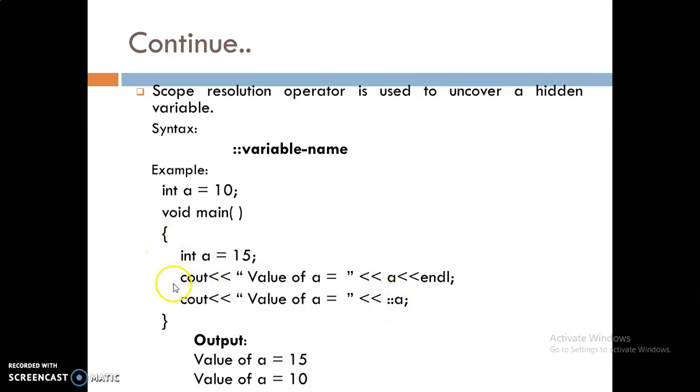This is the scope of the local variable, that is, the opening brace as well as the closing brace. Inside this block, the value of A is equal to 15. So when we display A inside this block, it will display 15. You can see it in the output. But when we try to access the global variable which is outside the function, that is A is equal to 10, then I have to use the scope resolution operator along with A. Then I am able to display the value of A. So you can see that by using the scope resolution operator, you can access the global variable inside the function or block.